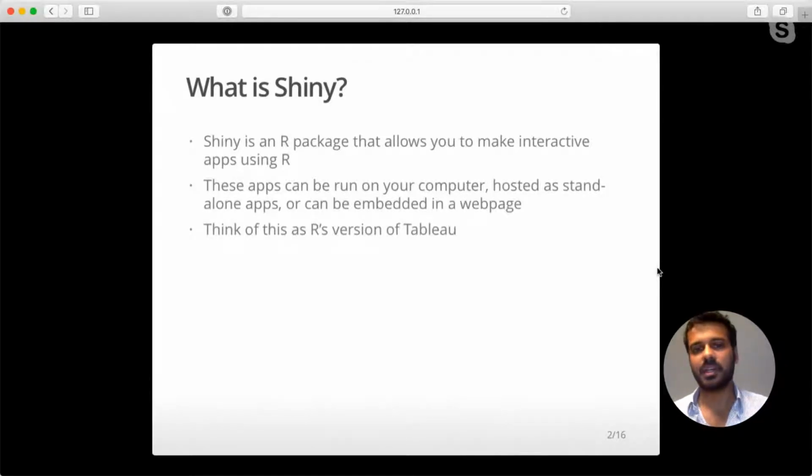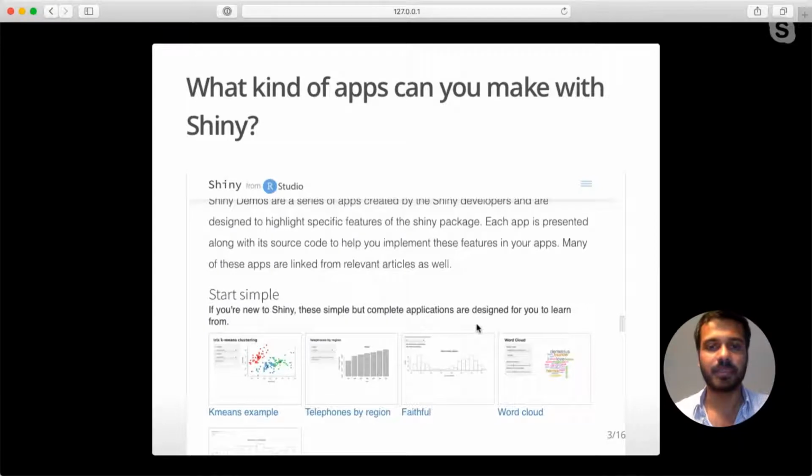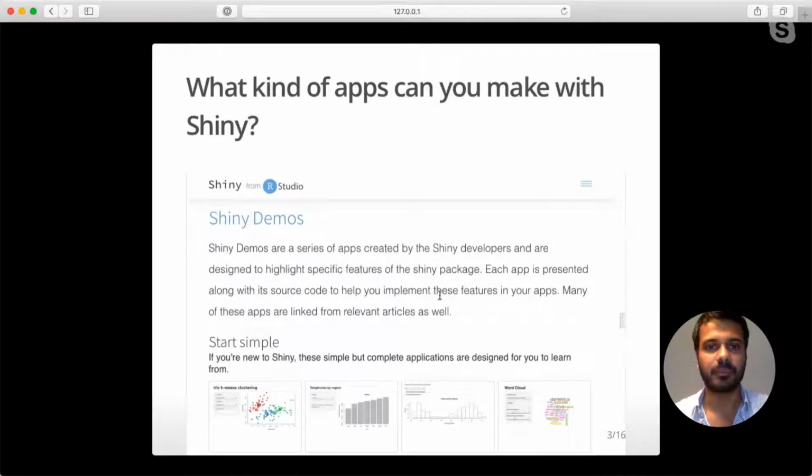So we just begin by going over what Shiny is. Shiny is an R package, and it allows us to make web applications that we can either run from within RStudio itself, or we can embed in a web page. So these can be standalone apps, or they can be hosted on a web page. I like to think of R Shiny as R's version of Tableau. These are examples of Shiny apps you can make. This is a page from RStudio itself, which has a collection of a bunch of